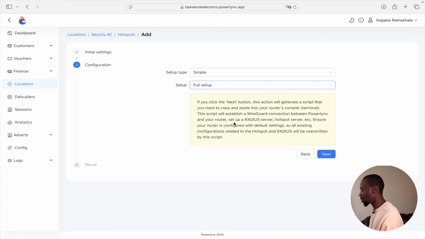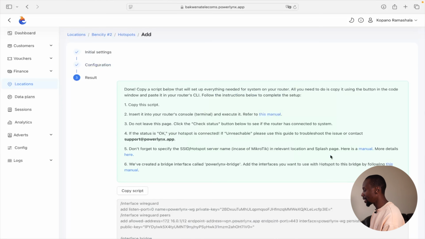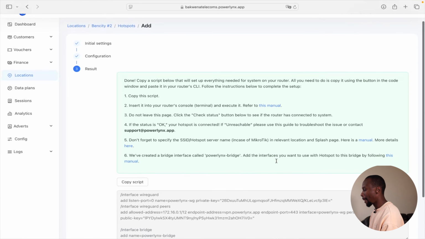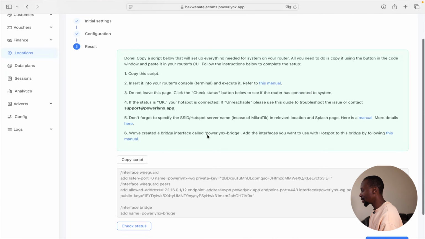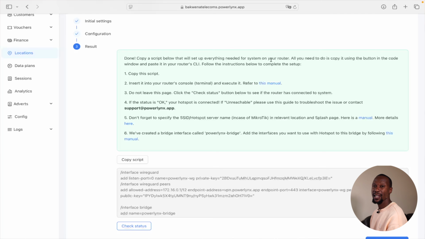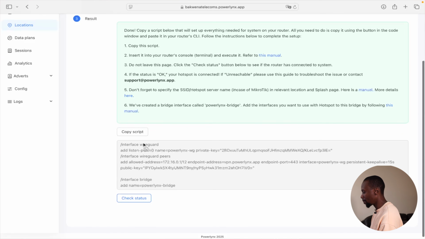That'll be your access concentrator. Now I'm going to click next because I want to generate the script, and it's done. As you can see on the screen, it says you need to copy the script below and paste it in the CLI or terminal of your Mikrotik router. Now before I do that, or let me just copy the script,